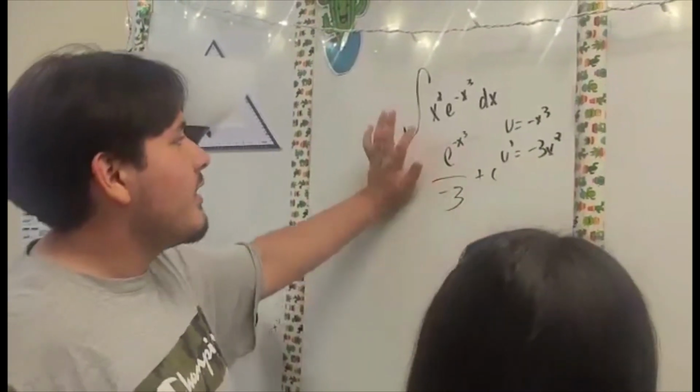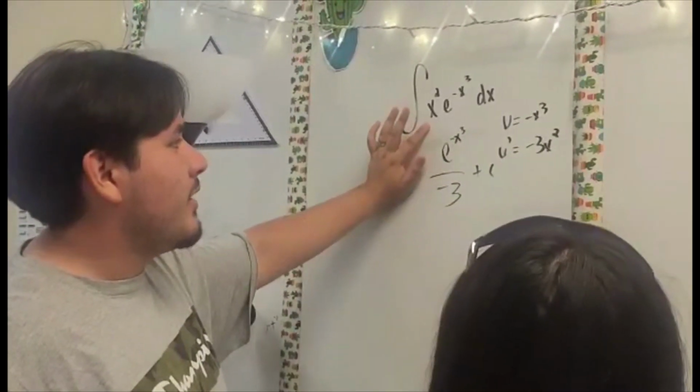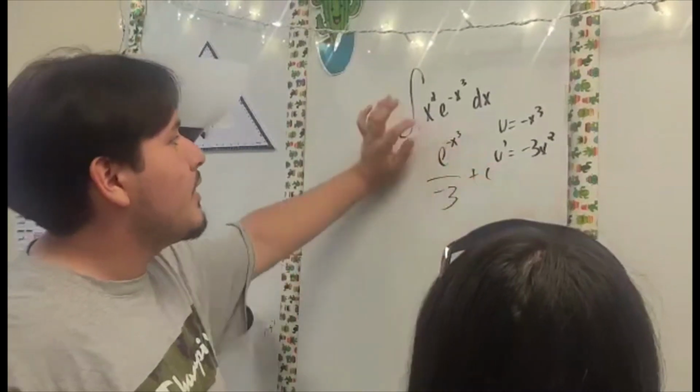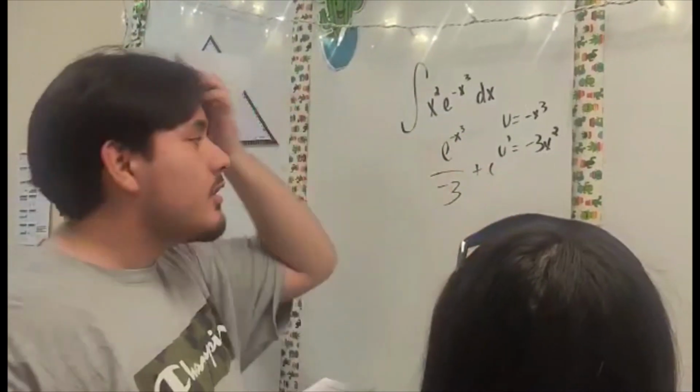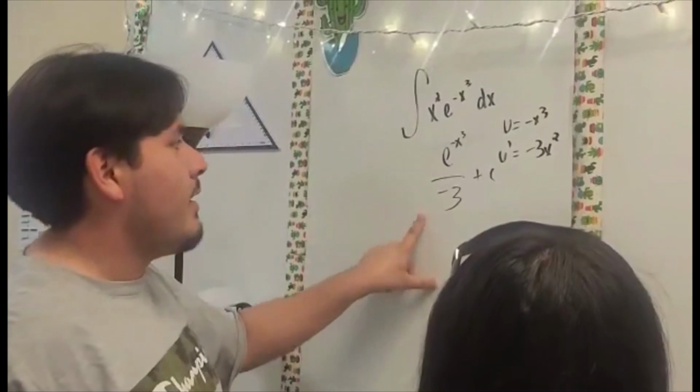negative 3x squared. So we notice here the x squared is already here, so we're not worried about the negative. We're going to bring it down because that's going to cancel it out. And then we add it